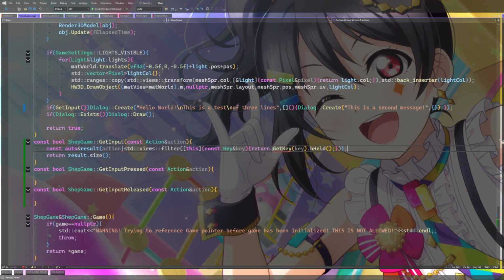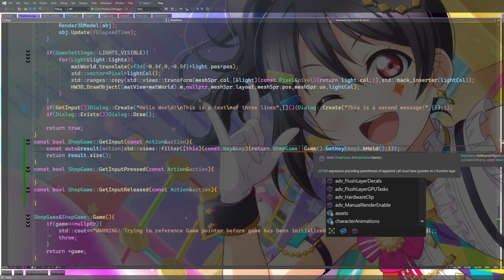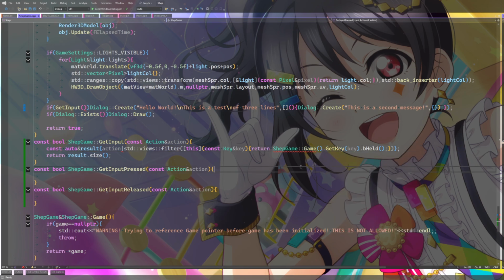I mean, I could do ship game, which would also work. Is this a pointer? No, it's not a pointer. Expression preceding parentheses of a parent call must have pointer to function type. What? That doesn't make any sense.